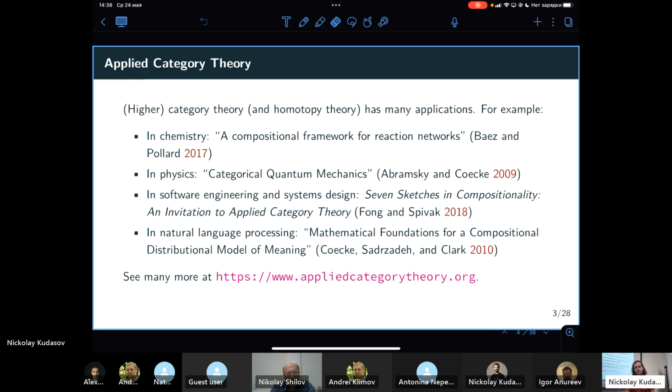Category theory has many applications, like in chemistry, in physics, in software engineering, in natural language processing. There are some other interesting things. These are just some of the fairly recent ones which I found interesting for some reason. I think that for chemistry and natural language processing,